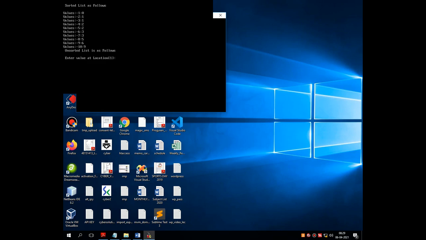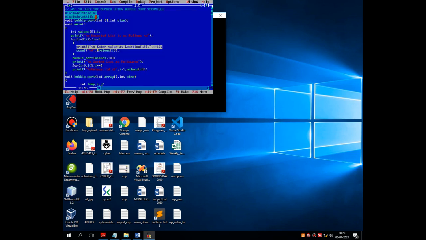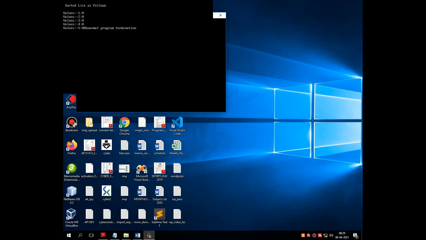Fine. Enter the value at location 1. Total 5 values. Now this particular program will accept, suppose I am entering 5, 0, 2, 1, and the last one is 6. So it sorts the numbers and displays 0 1 2 5 6.